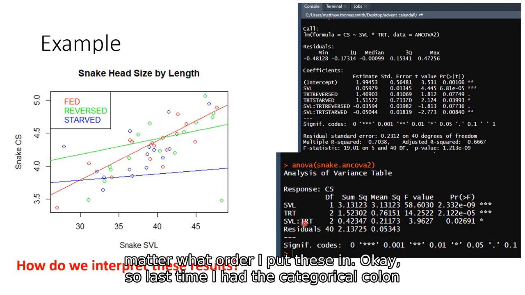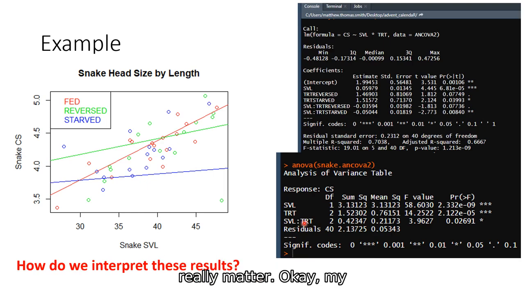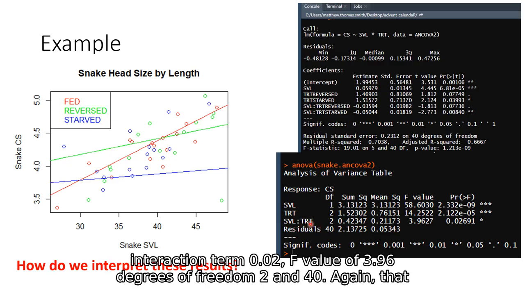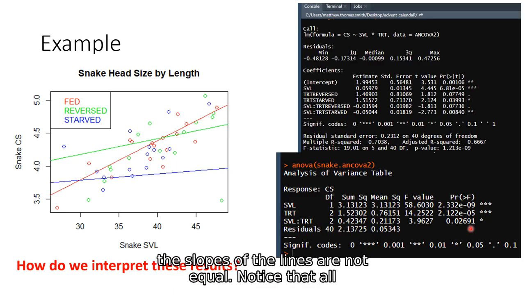Realize it does not matter what order I put these in. Okay, so last time I had the categorical colon covariate, this time I have them flipped. It doesn't really matter. Okay. My interaction term, 0.02, F value of 3.96, degrees of freedom 2 and 40. Again, that is significant. We reject the null and accept the alternative hypothesis that the slopes of the lines are